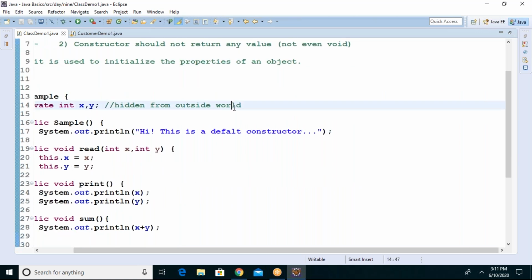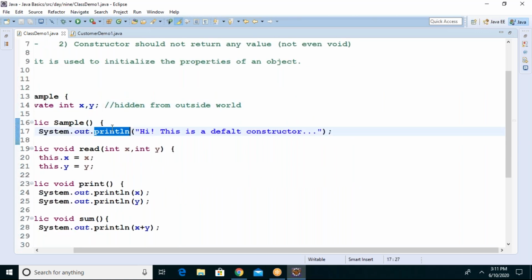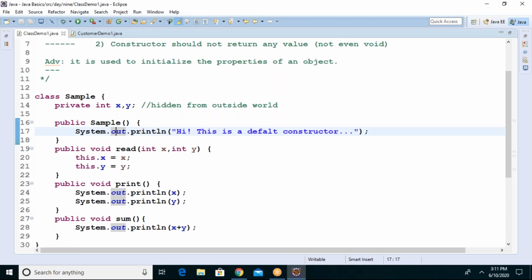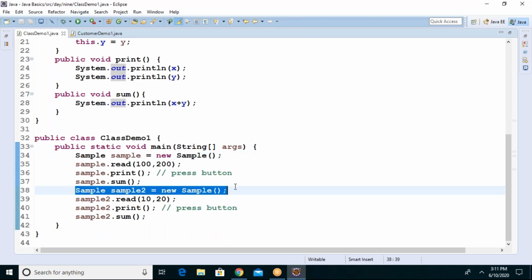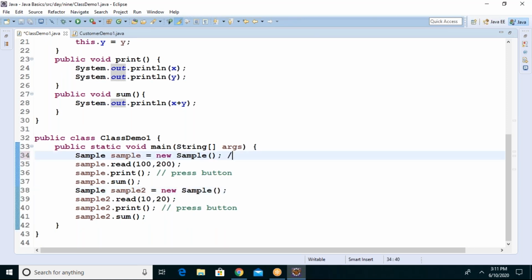Tell me, how many objects did we create? We created sample and sample2. Two objects we created. So at this time the constructor is called.